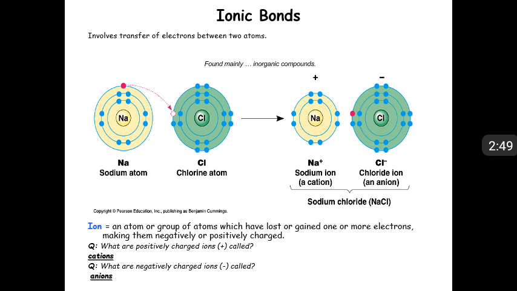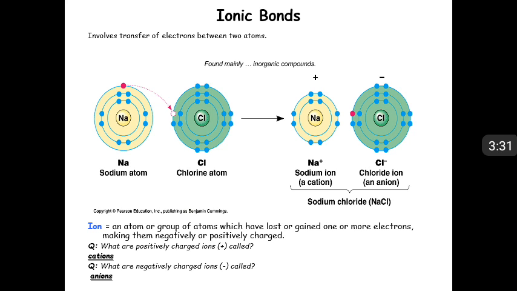Ionic bonds involve the transfer of electrons between two atoms. Suppose we have sodium and chlorine. Sodium has one valence electron in its outer shell because its atomic number is 11, and the distribution of electrons will be 2 in the first shell, then 8 in the second, and the remaining 1 in the outer shell. This remaining 1 electron is highly unstable